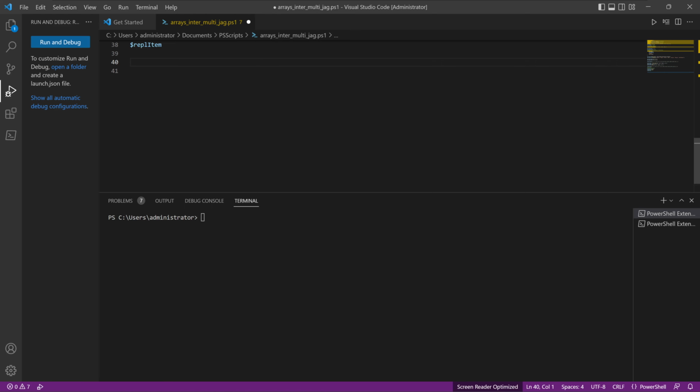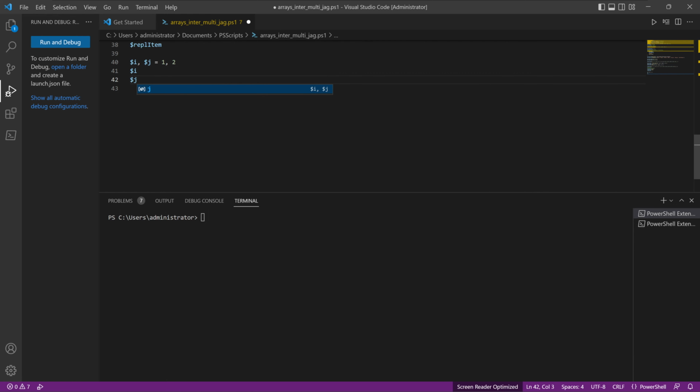For example, if I go like i and then comma, then I'll put j equal 1, 2. What this is going to do is create an array with i and j with 1 and 2 in it. Like for example, if I print i here and if I print j here,